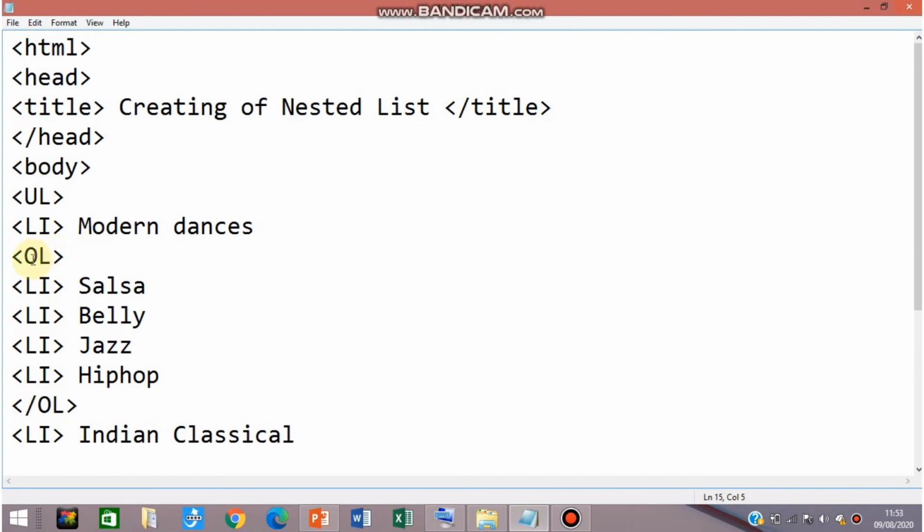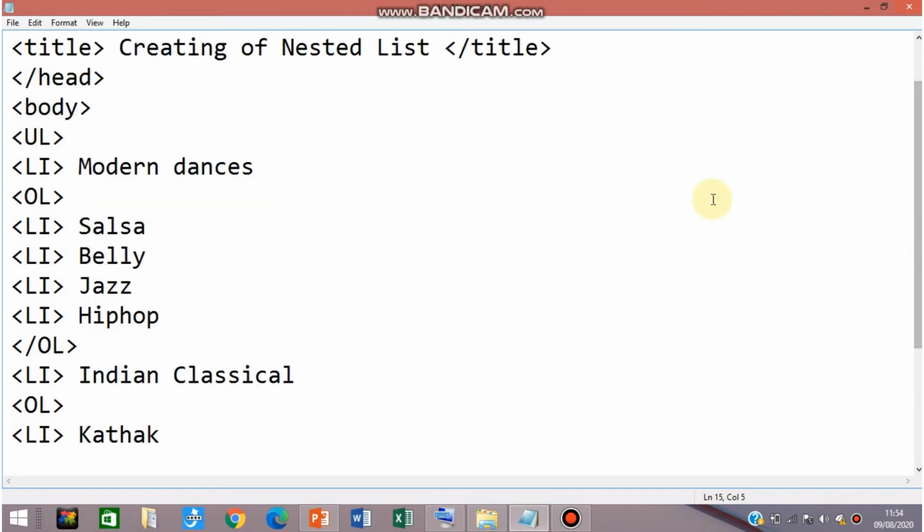You can use any type of listing. Now inside the ordered list, I have written the types of modern dances, and I have defined each with the LI tag. After doing this, you have to close the OL tag. Now the next term I have defined is Indian classical, with the LI tag.